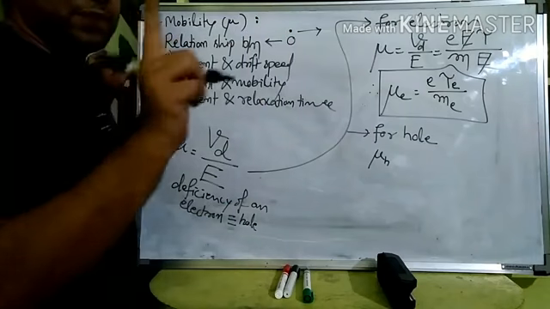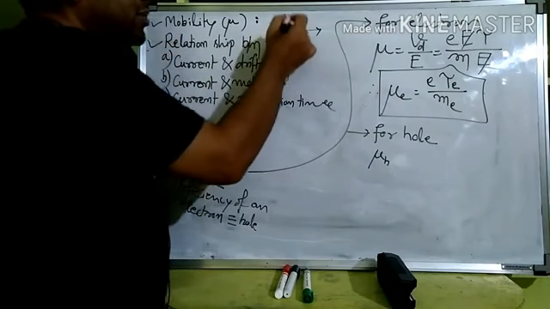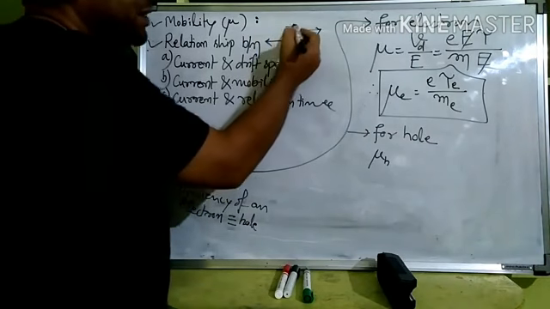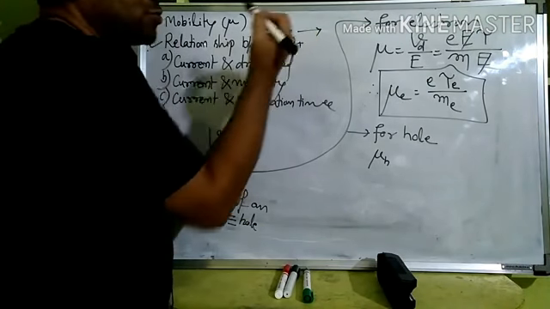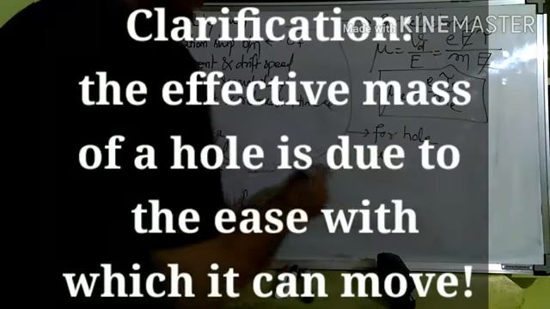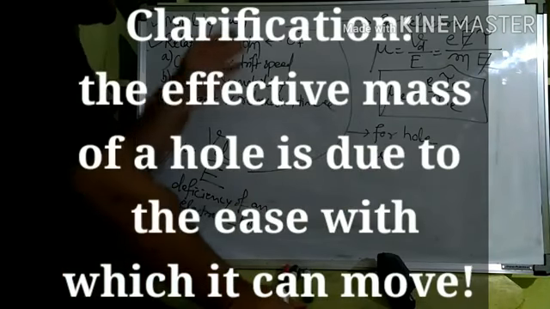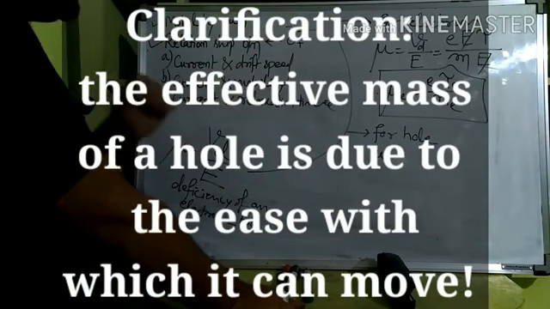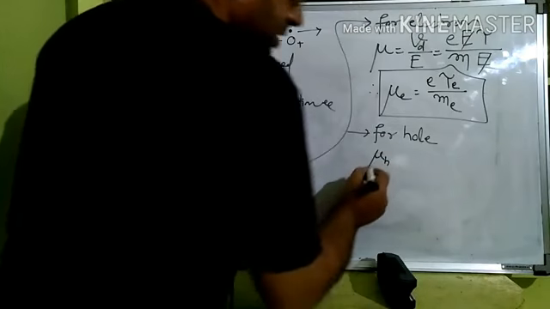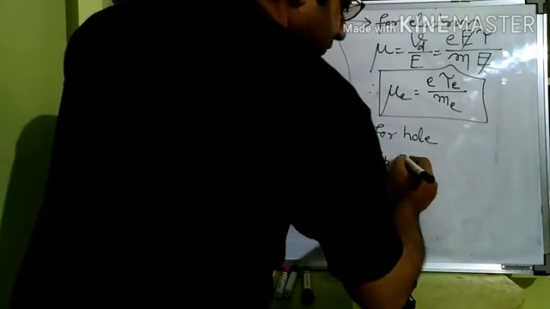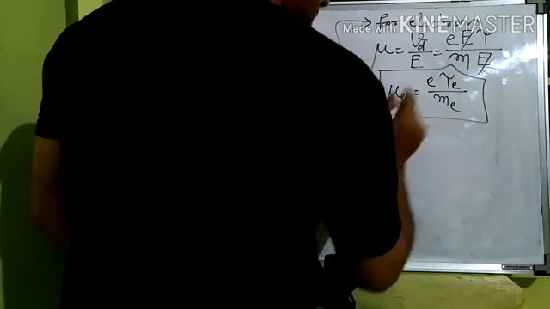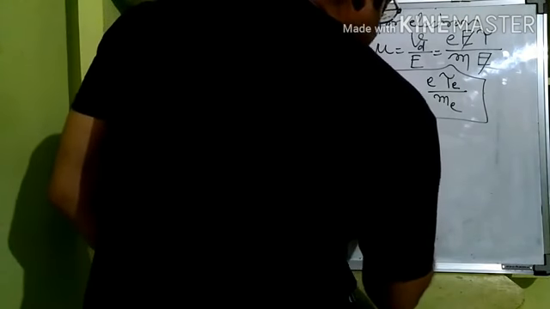An electron and a hole make one neutral pair. Electron is negatively charged, hole is positively charged, the absence of that. The symbol of an electron is like this and a hole is shown like this, okay? So for hole, as of now this much is enough. Electron-hole pairs in semiconductors we will study in detail later this year. So the mobility of a hole is given by a similar expression of relaxation time. What is relaxation time? Everything we have understood, but it can also be written as relaxation time